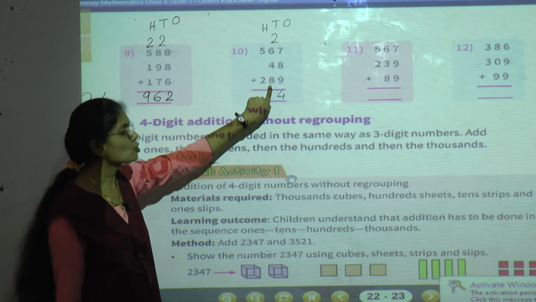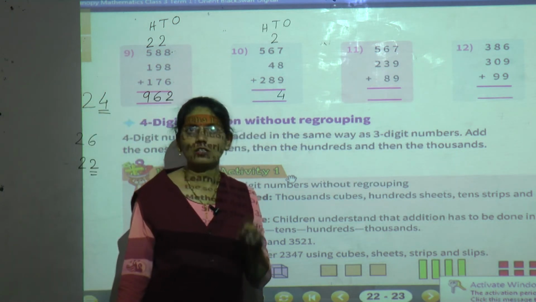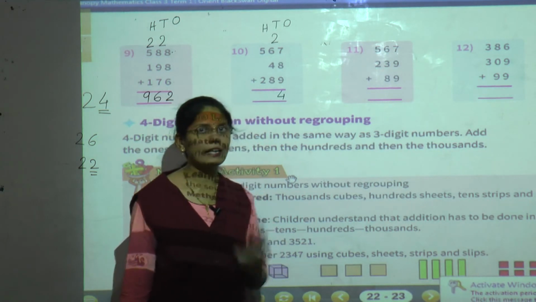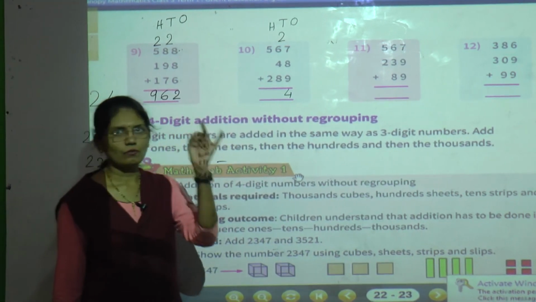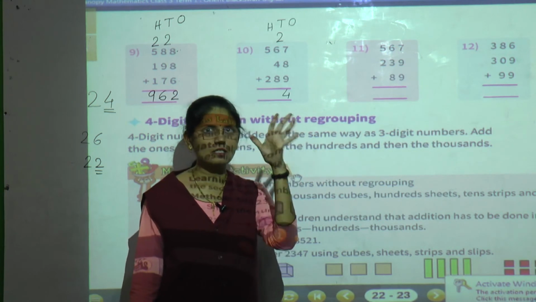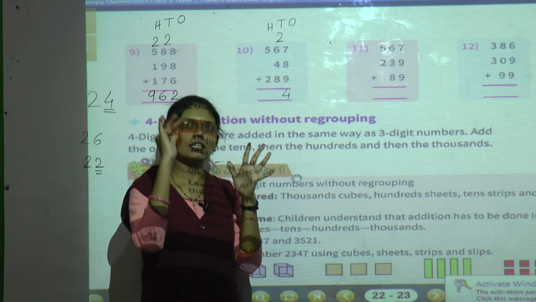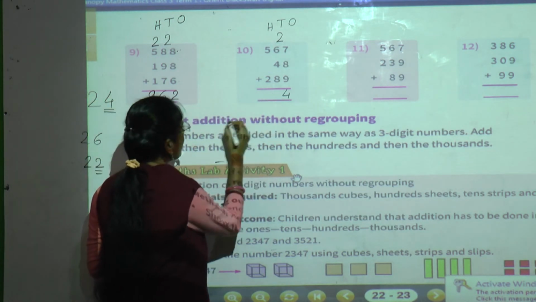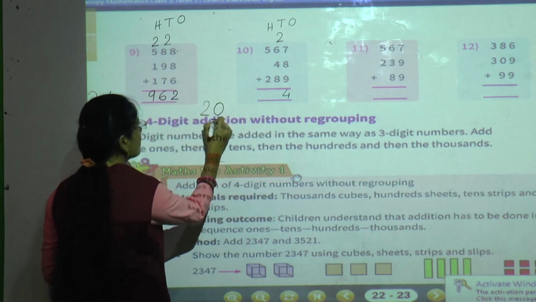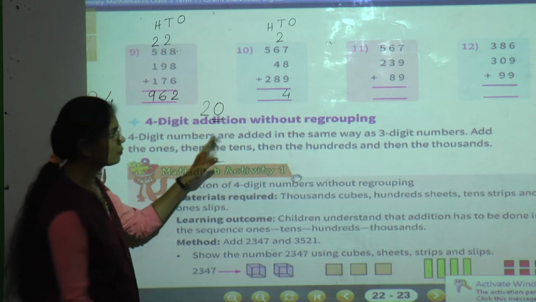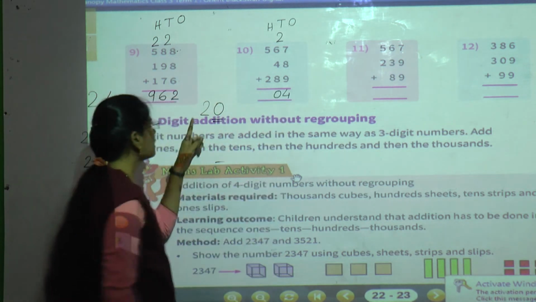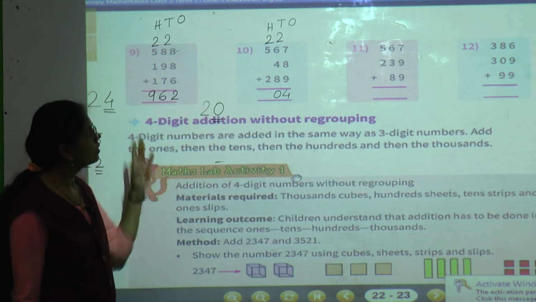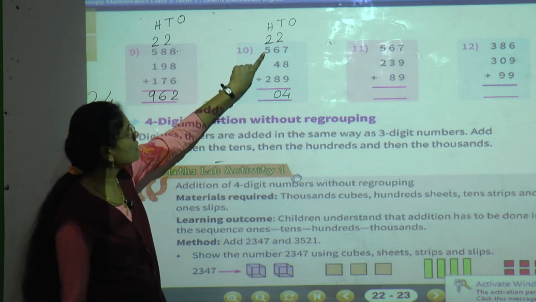Now the last, which number is there? 8 is there. Now show your 8 fingers. Okay. Which number is there in your mind? 12 is there. So after 12 count your 8 fingers. 13, 14, 15, 16, 17, 18, 19, 20. So 12 plus 8, 20. So at 20, see, at ones place 0 is there. So we will write 0 here and this 2 will go to the hundreds place as a carry. Now see students, 2 plus 5.